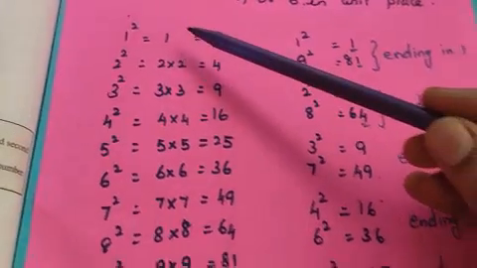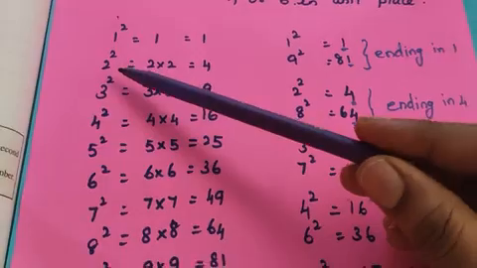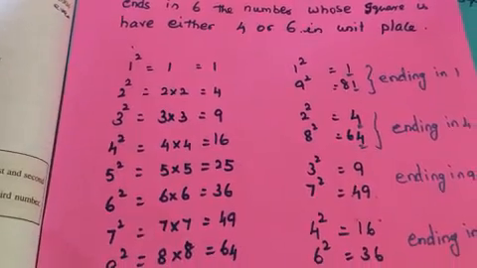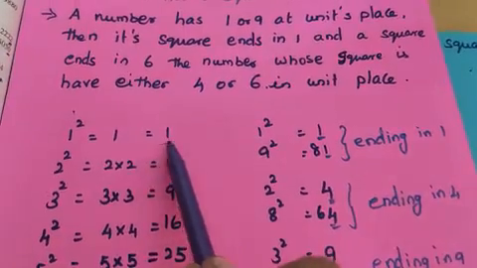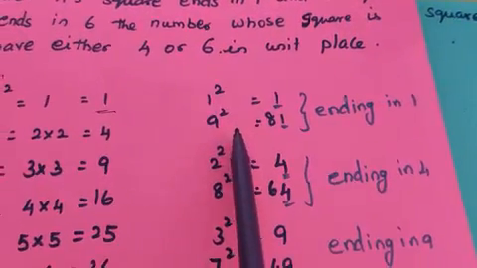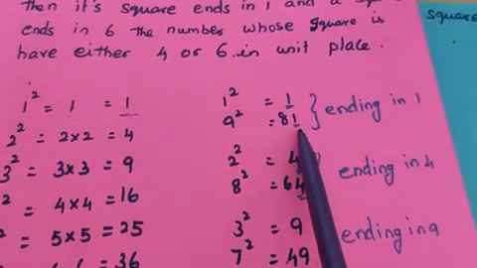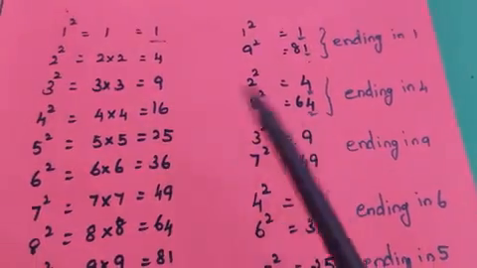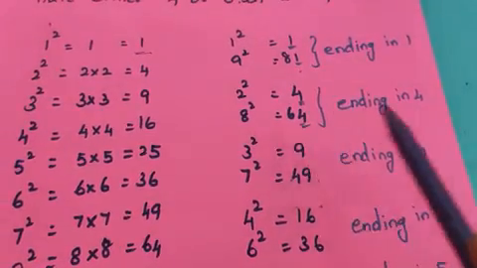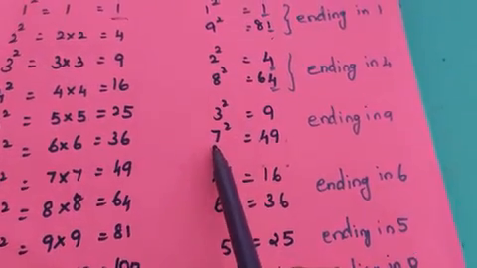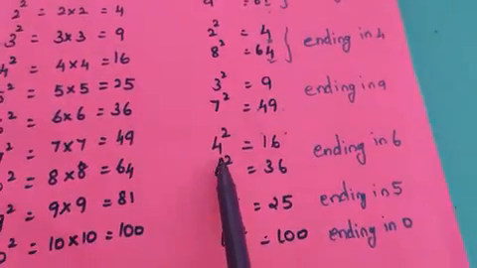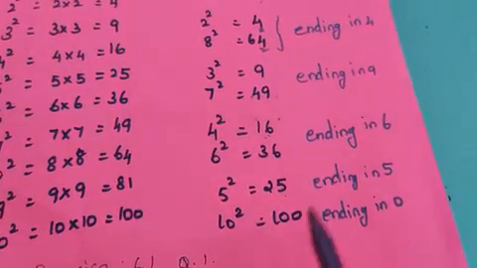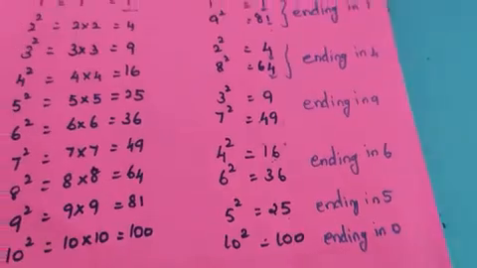So first we will see the squares of all the numbers. 1 squared is 1, and 2 squared is 4, 3 squared is 9, like that till 10 squared. I wrote it here. 1 squared, unit digit is what? 1. 9 squared, what is the value? 81. So both end with 1. The same way 2 squared is 4 and 8 squared is 64, so it is ending with 4. The same way 3 squared and 7 squared end with 9. And 4 squared and 6 squared end with 6, right? 5 squared always ends with 5 only, and 10 squared is 100, so ending in 0.